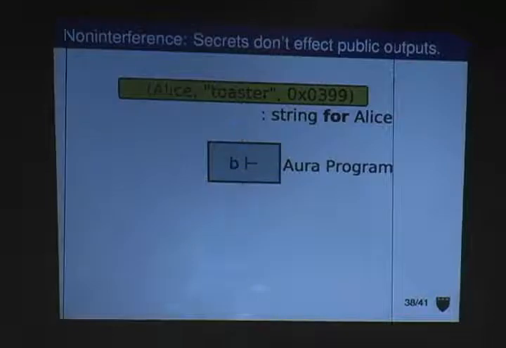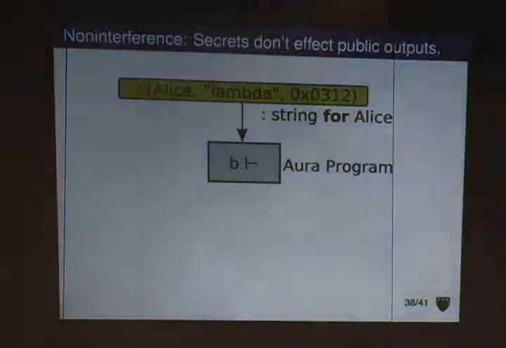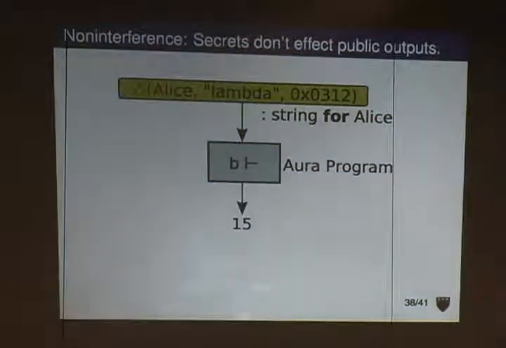Now, if we change the secret for Alice that we send through this program, we're going to get the same answer modulo some natural equivalences. And this is a really nice security property. It's unsurprising when you think about things from a cryptographic point of view, but it's really good to know that the language guarantees this. For one thing, that means you can optimize away some of the encryption, and the language is still going to do the right thing, as long as you're in a closed environment.